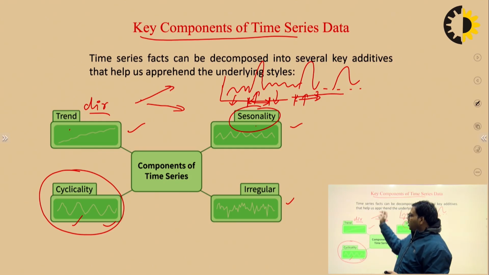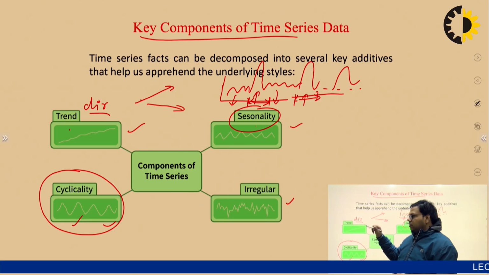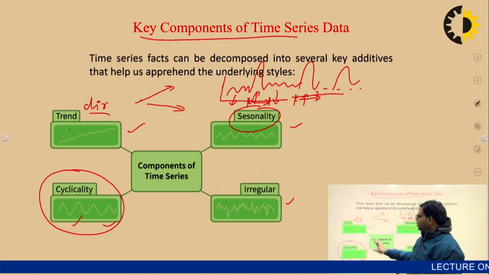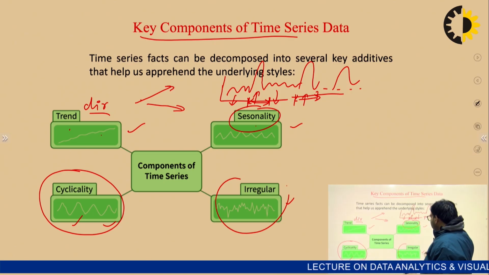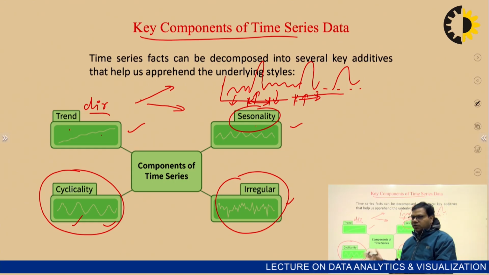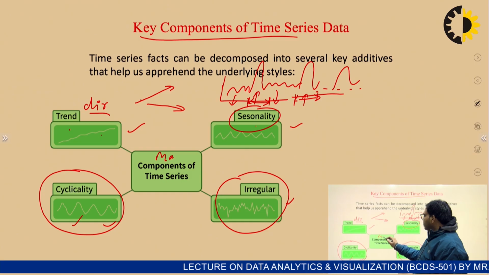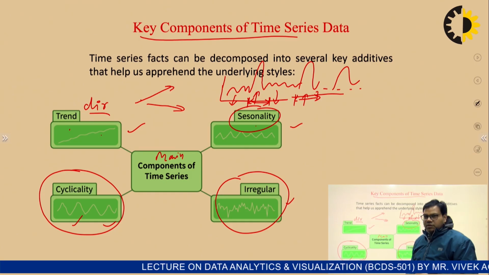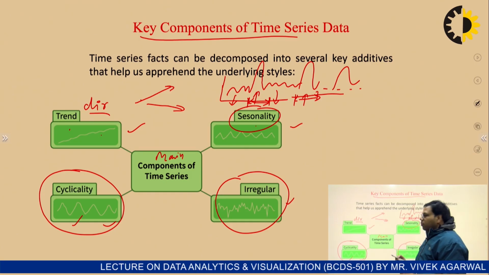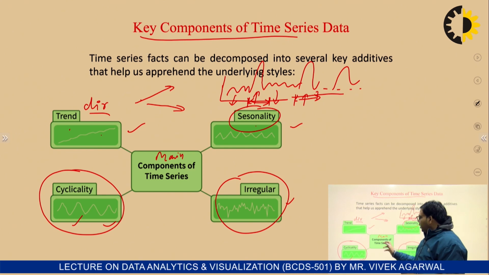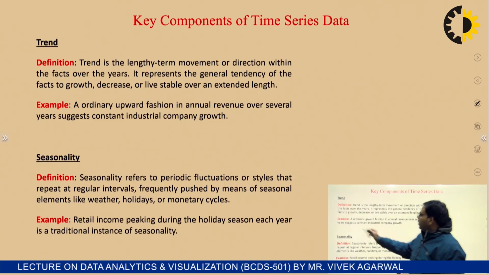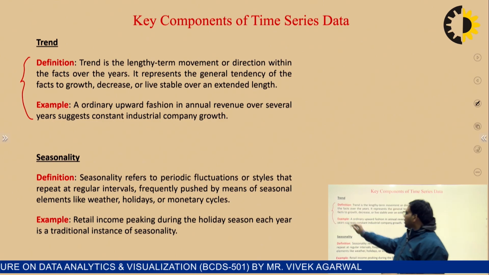So when we are having my whole periodic data, that is decomposed into trends, seasonality, cyclicity, and another main component could be the irregularities called anomalies. Already I had discussed, so these are the main components, not the only components, but the main components of any time series data. Already we had gone through the definitions and examples.